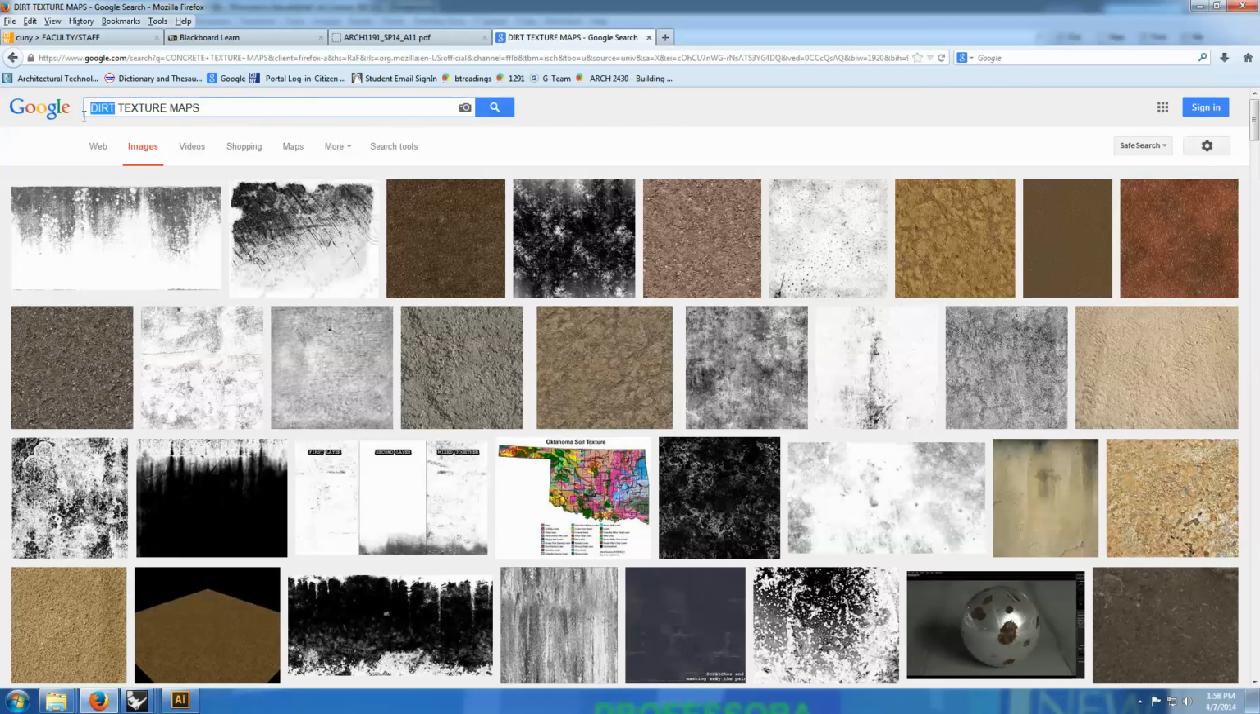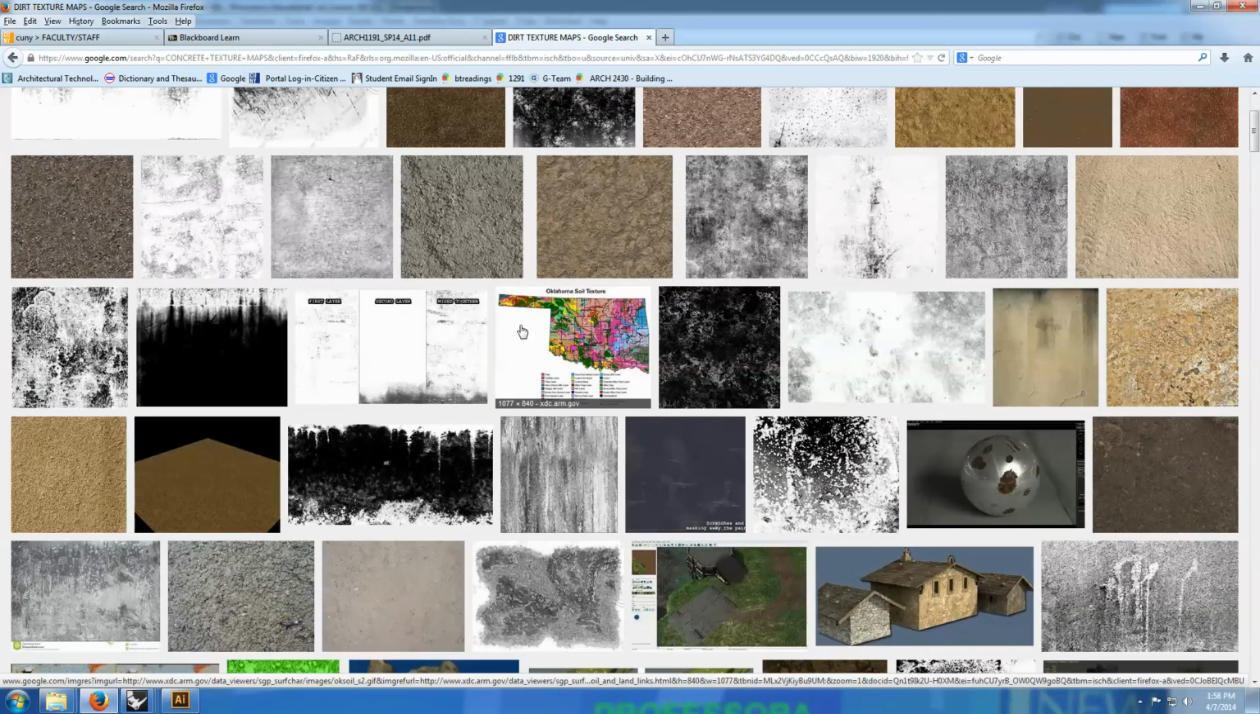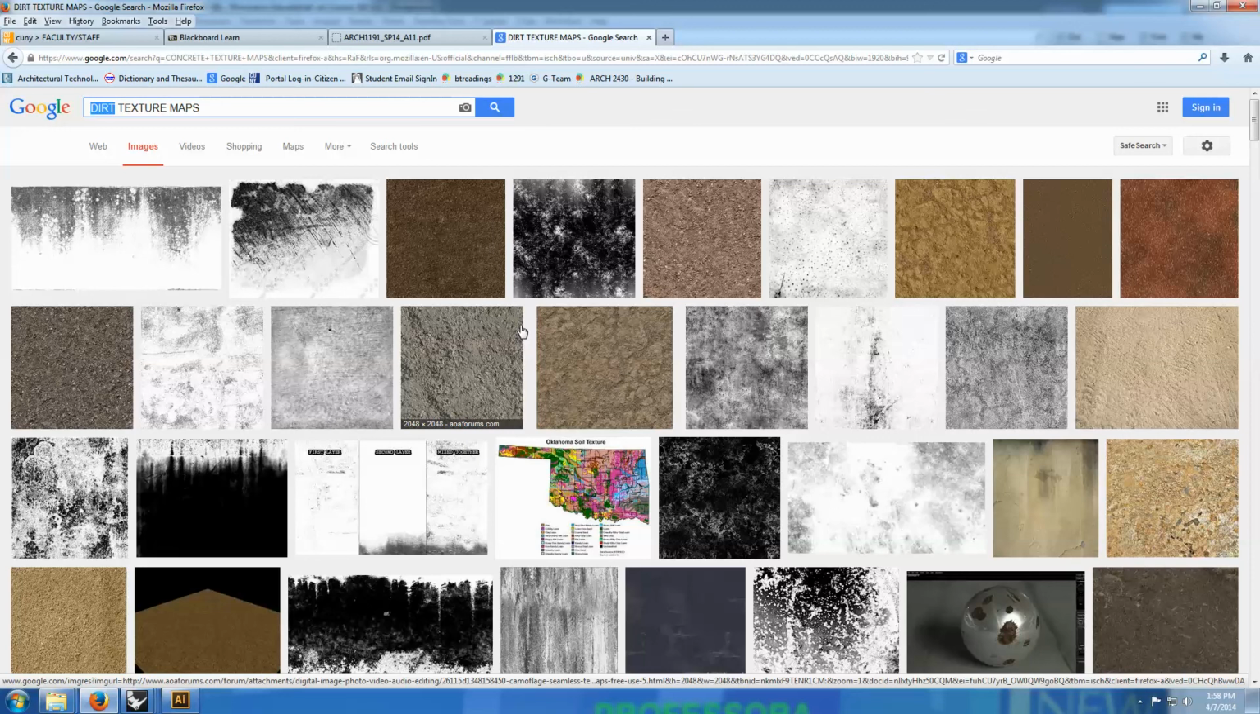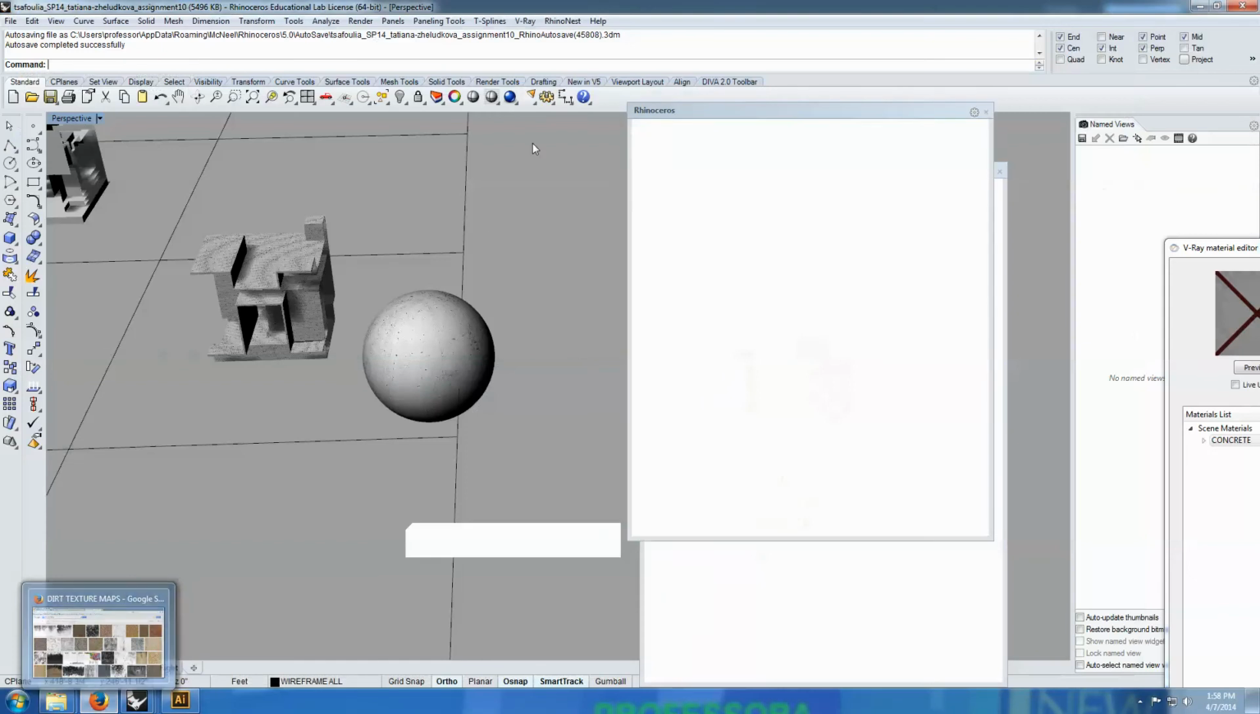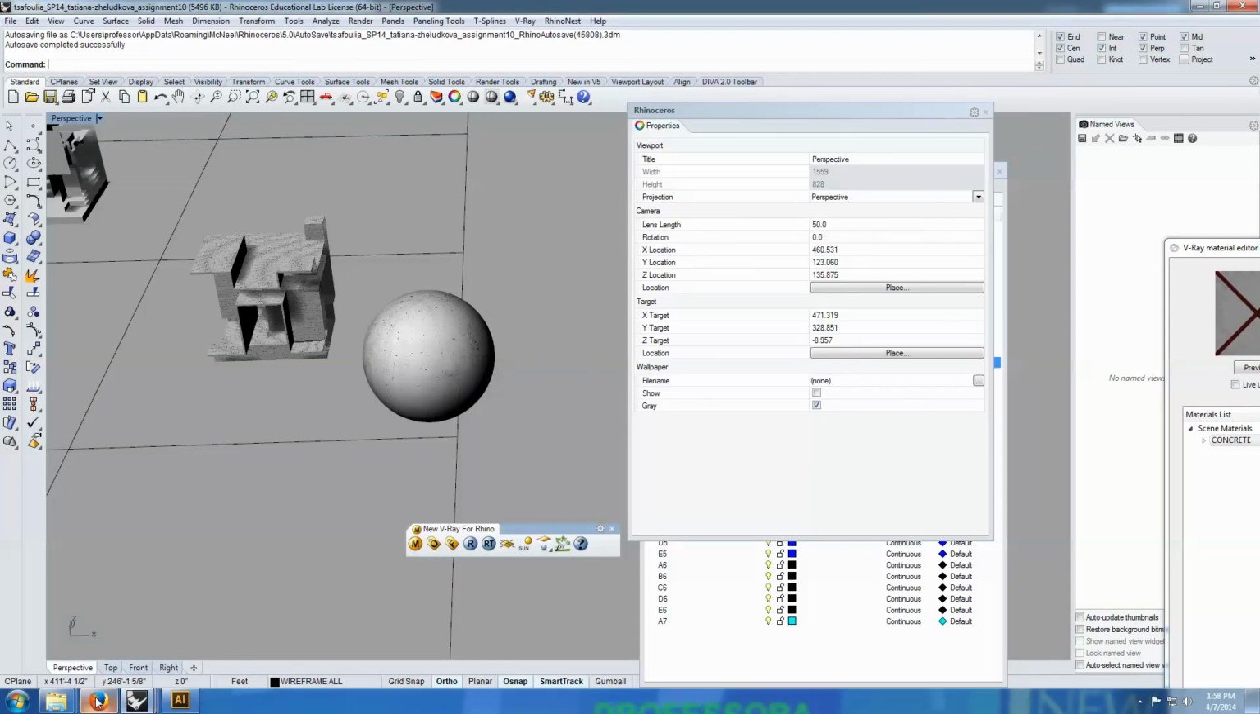This is the dirt texture maps. I usually like those, especially for conceptual type of approaches. We're not going to build this cube, so we can just be innovative. We can just have fun. And I believe I have in the assignment,